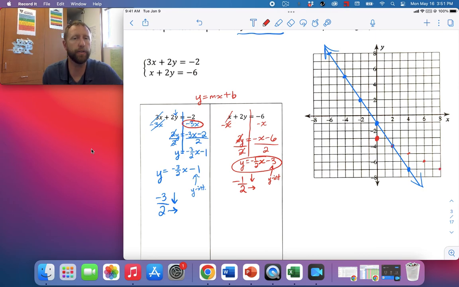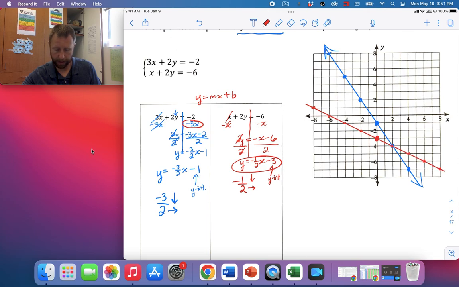Then just go back and do the opposite from your beginning point. Up 1 to the left 2, up 1 to the left 2, up 1 to the left 2, and one more time, up 1 to the left 2. Okay, that gets me my second line,